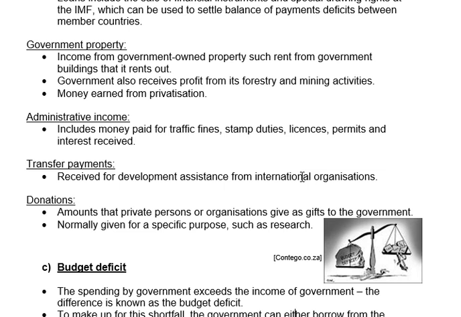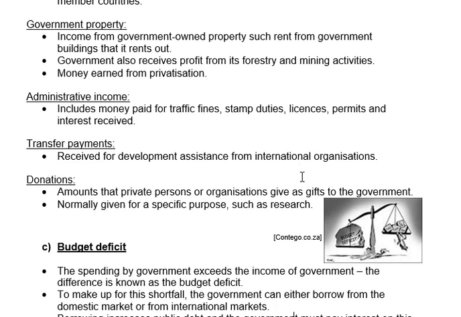If they were to sell SAA, for example, any money that they receive, not anybody in their right mind would buy SAA, but if they would be able to find a willing buyer that is willing to give them a couple of million for SAA, that would be income for the government.